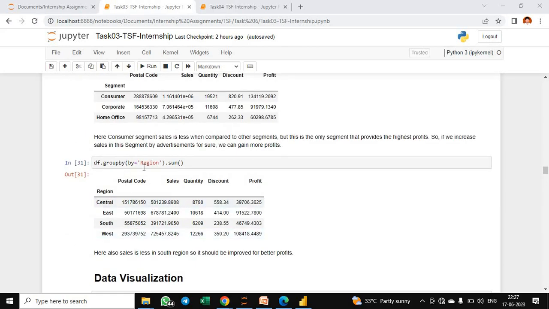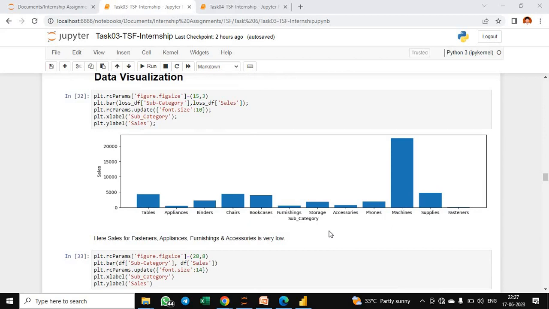Now group the regions and check which region has less profit or sale, and we can see that the south region has less sales as compared to the others. Now start the data visualization, and first we check the bar plot between the subcategories and sales for the loss_DOP